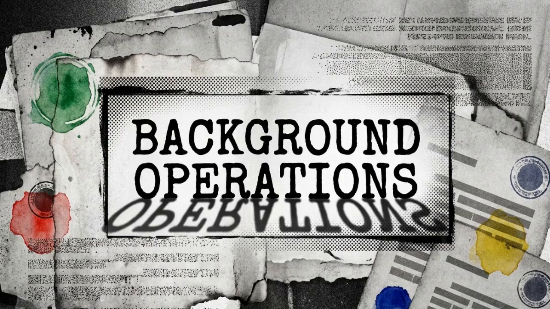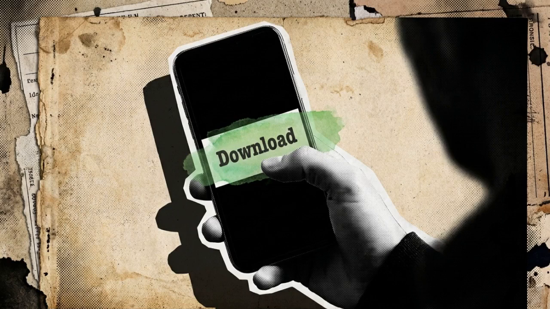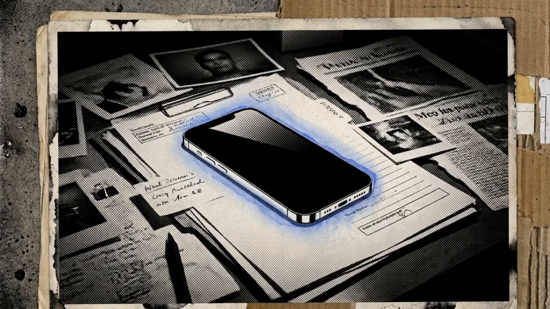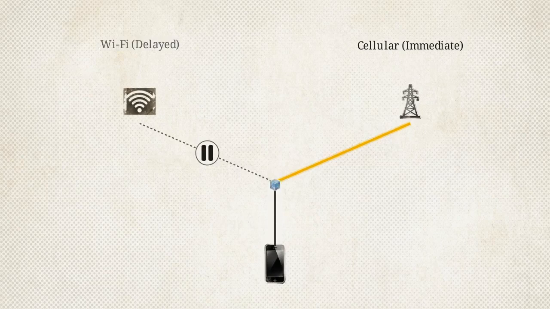In software engineering, this is known as a passive transfer. Active transfers happen when you intentionally download a file or open a web page. Passive transfers happen autonomously in the background, executing operations without requiring any input or awareness from you. The litigation focused on a specific engineering choice, programming these transfers to trigger over cellular networks immediately, rather than delaying them until the device connected to a free Wi-Fi signal.